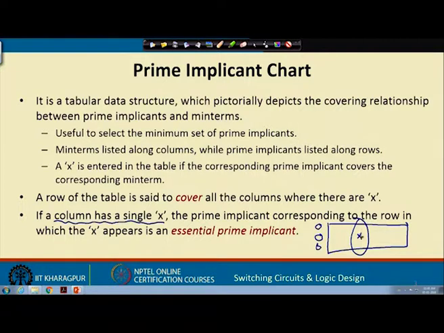This means this particular minterm corresponding to this column is covered by only this prime implicant, not the others. So, I must select this prime implicant, otherwise this column will not get covered. So, such a prime implicant which corresponds to an x which is the only x in a column is called an essential prime implicant. That is what I must include in any